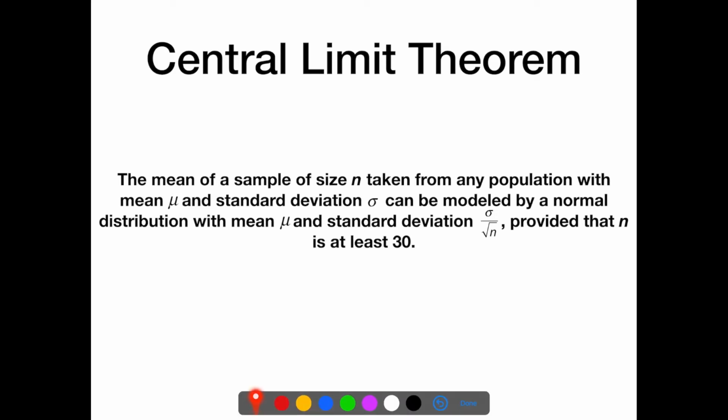So what this is saying is that if I take a large sample, n at least 30, lots of data points, and I'm drawing these out of my distribution, it doesn't matter what type of distribution it is. It can be binomial, it can be Poisson, it can be a normal distribution, it can be one of those other types of distributions that we didn't even talk about. Regardless of what type of distribution it is, when I take those samples out and look at that sample,